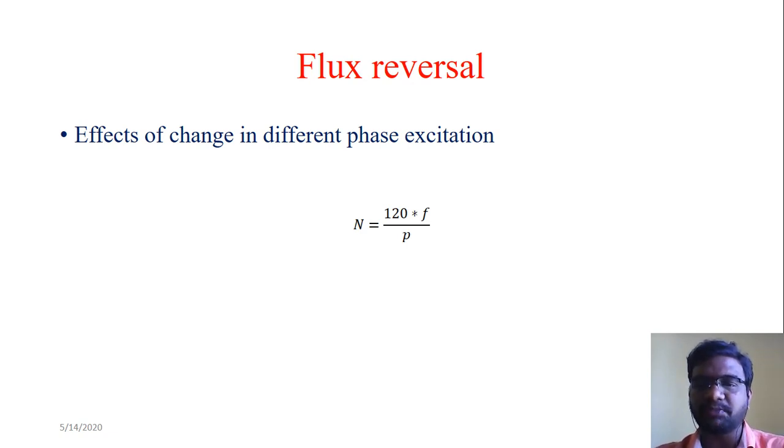If you are exiting phase B, the flux will be moving in another direction. So that change in direction of the flux will have a frequency value. That frequency value only we are mentioning as 50. Even though it is a DC machine, we are giving 50. That means it is not the supply frequency in a DC machine. It is flux reversal in the DC machines.